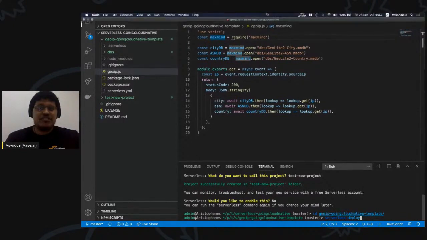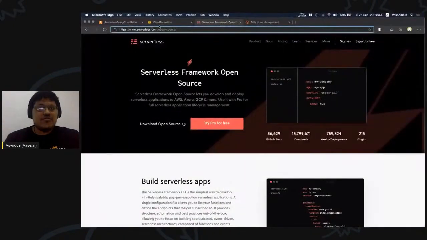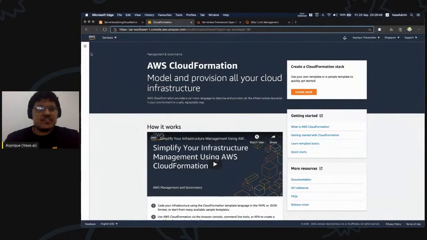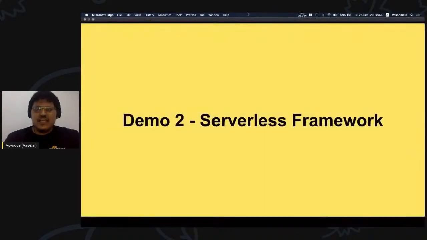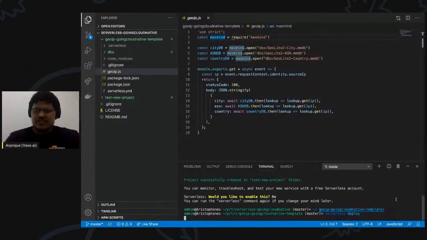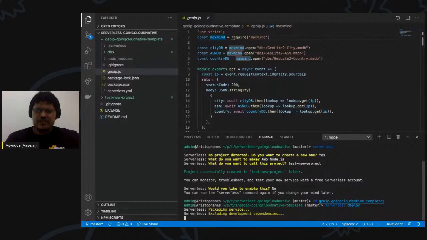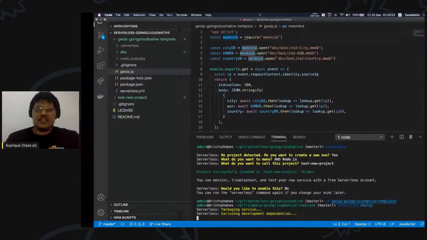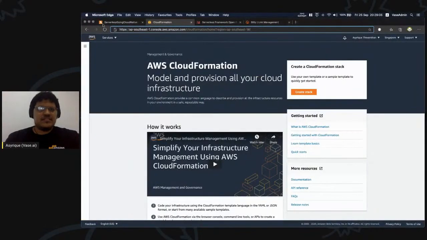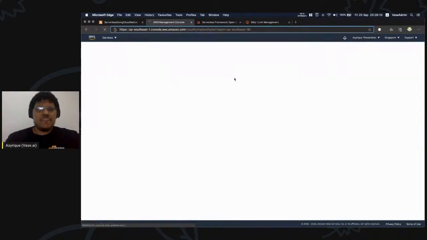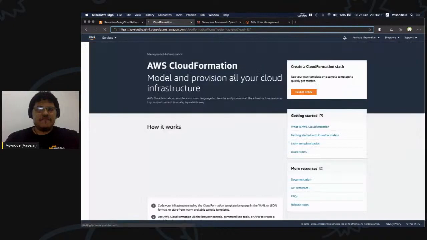And we can actually watch it happen. So I'm going to switch over to the CloudFormation tab here, and then I'm going to run serverless deploy. Okay. And what you'll see is as we start deploying, it's packaging the service, and then it's excluding the dependencies. Let's refresh this. We should start seeing the CloudFormation stack appearing.